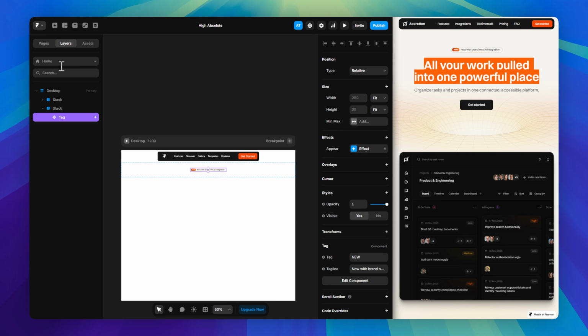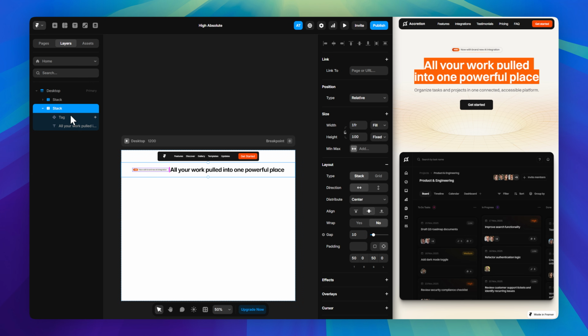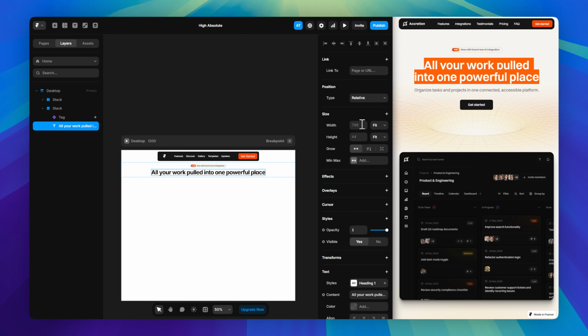What I'll do is grab a new text element and paste it here into the stack. Right now, you can see that the alignment isn't properly configured. It's going left to right, so make sure that that is up to down. You might also notice that this hero text title actually goes across 2 lines rather than just being across 1